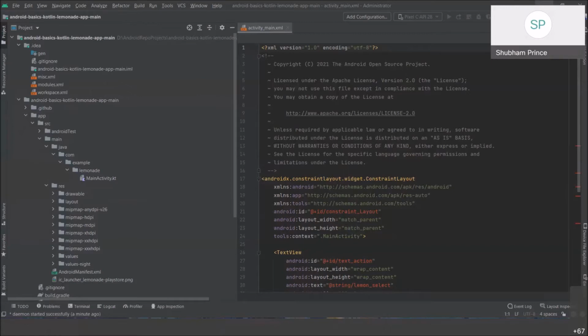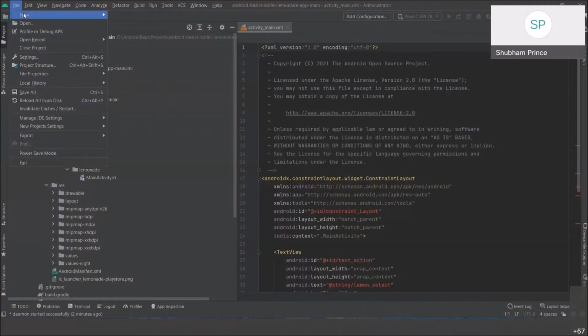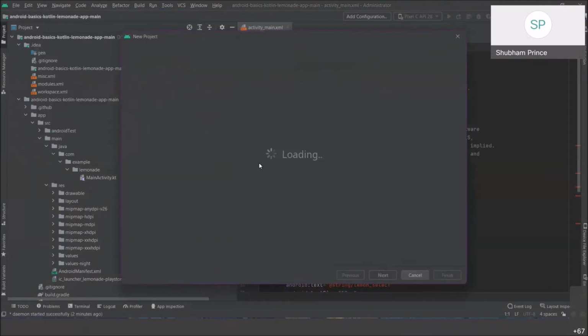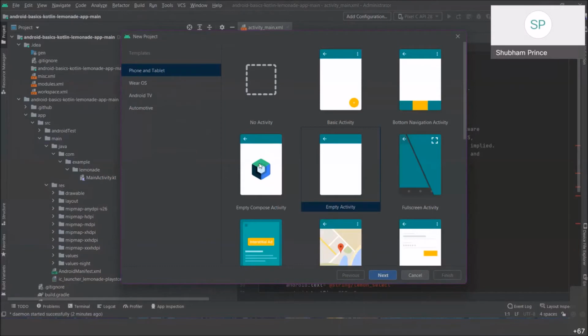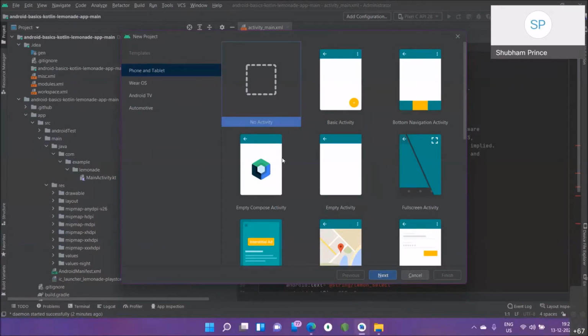Now, what really is an intent? It is also an example of a class in Android. What we are going to do is slide from one activity to another. I might have some example here. So let's just take an example. We are going to start with a new activity. Hopefully you all have installed Android Studio.